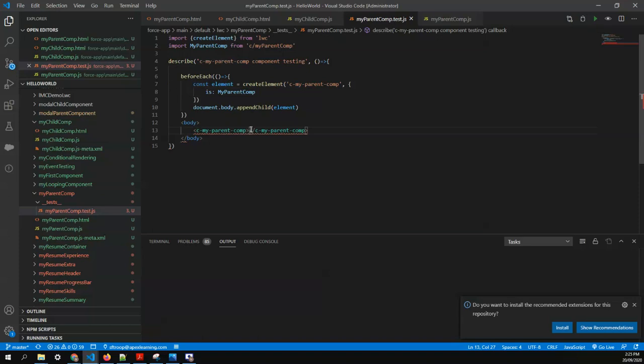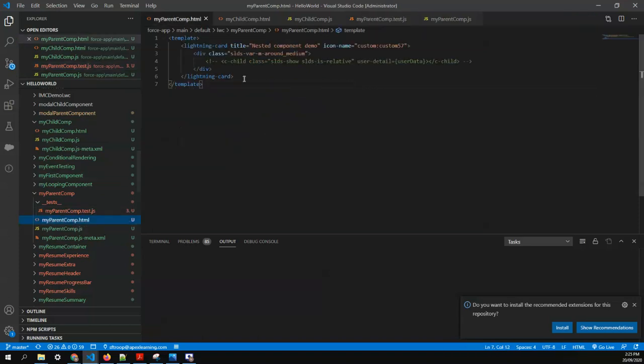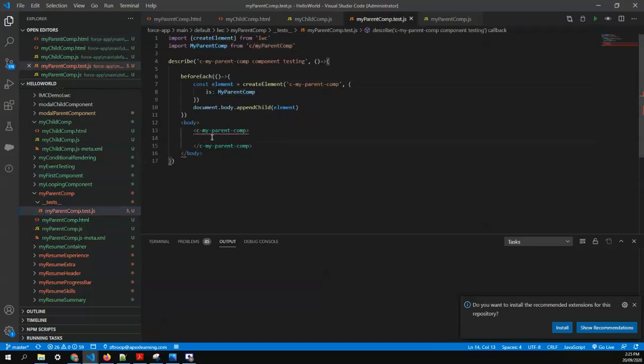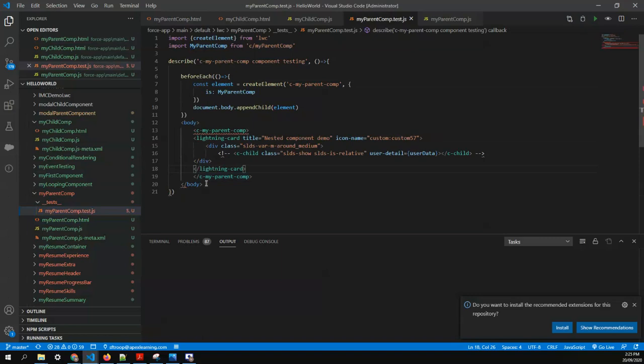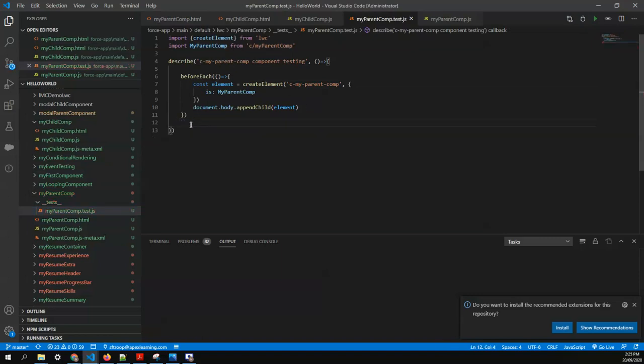Once the tag is created, it takes my parent component, goes to the HTML, takes the whole tag, and pastes it like this. This is what it forms behind the scenes by this code. So our element is created and already appended to the body tag.